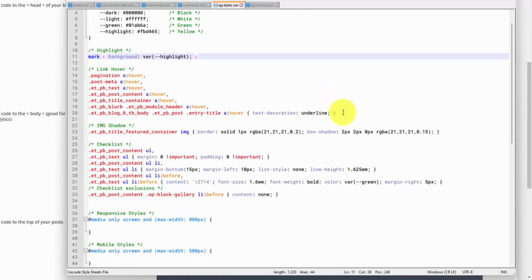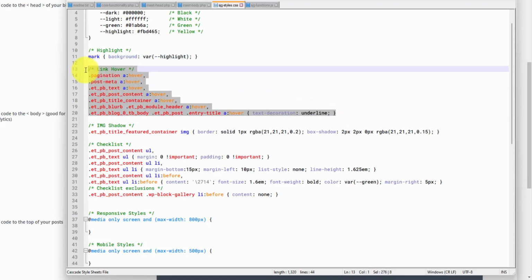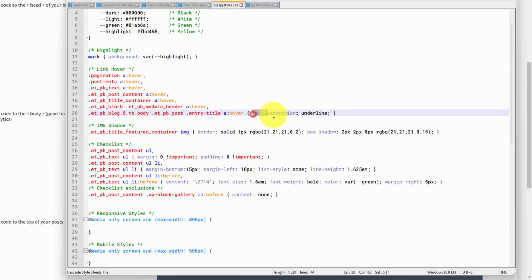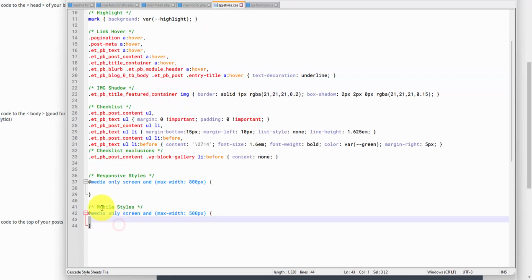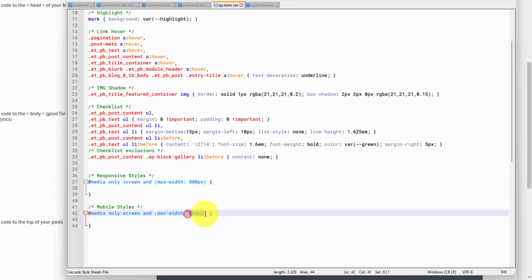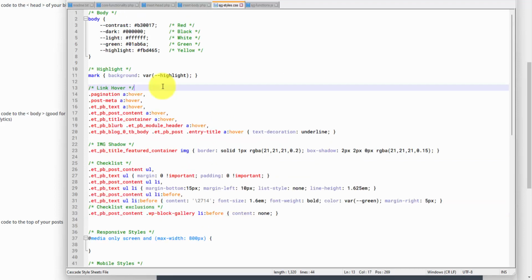I have a couple customizations, like for example, this link hover. I like to make it underline when you hover over a link. This is setting that for a bunch of Divi modules, like the text module, the post content module, etc. And then down here, I got my responsive styles. So this is for max width 800 pixels, and this is for max width 500 pixels, which is like a mobile style. So any HTML that is added with your plugin code here, you want to style it so it's